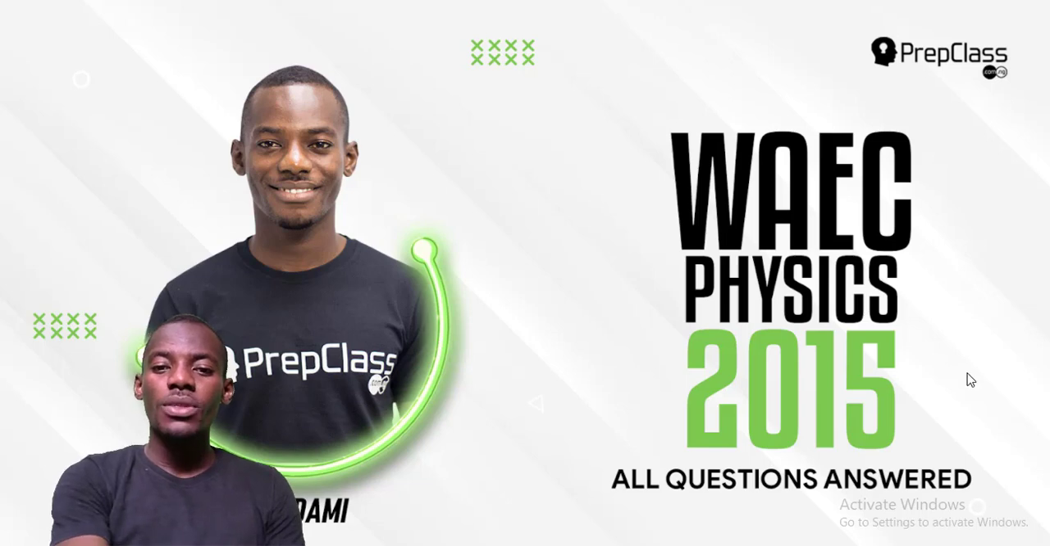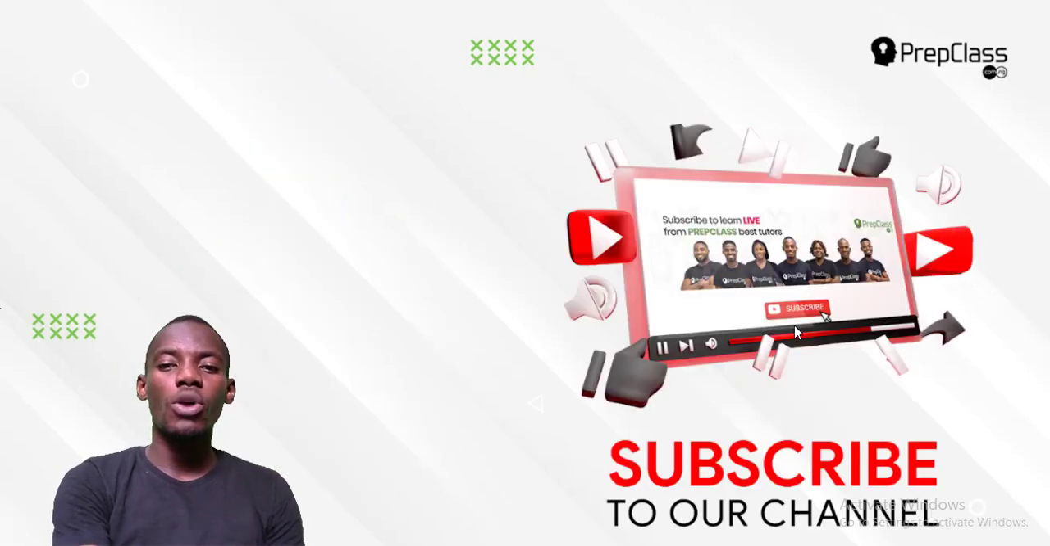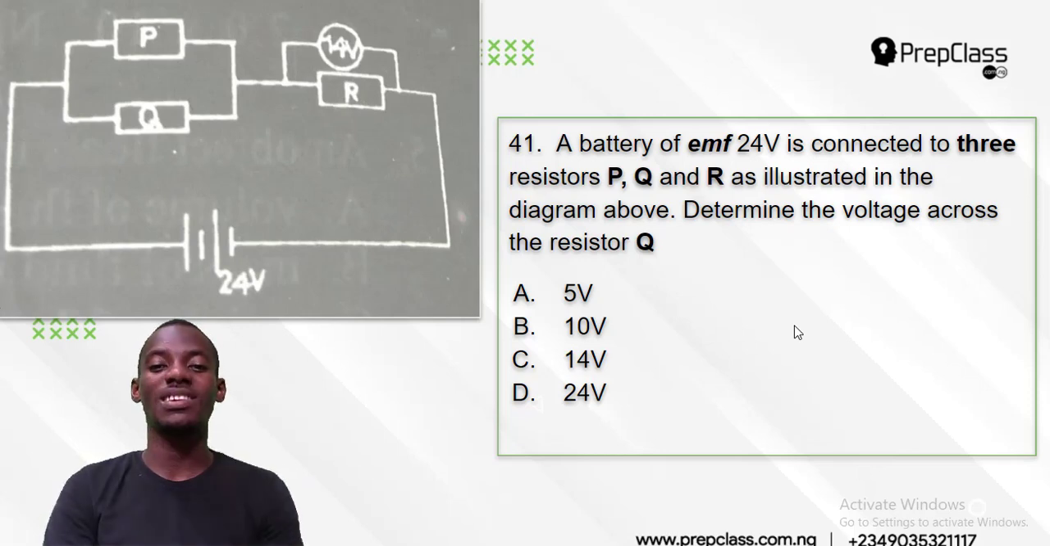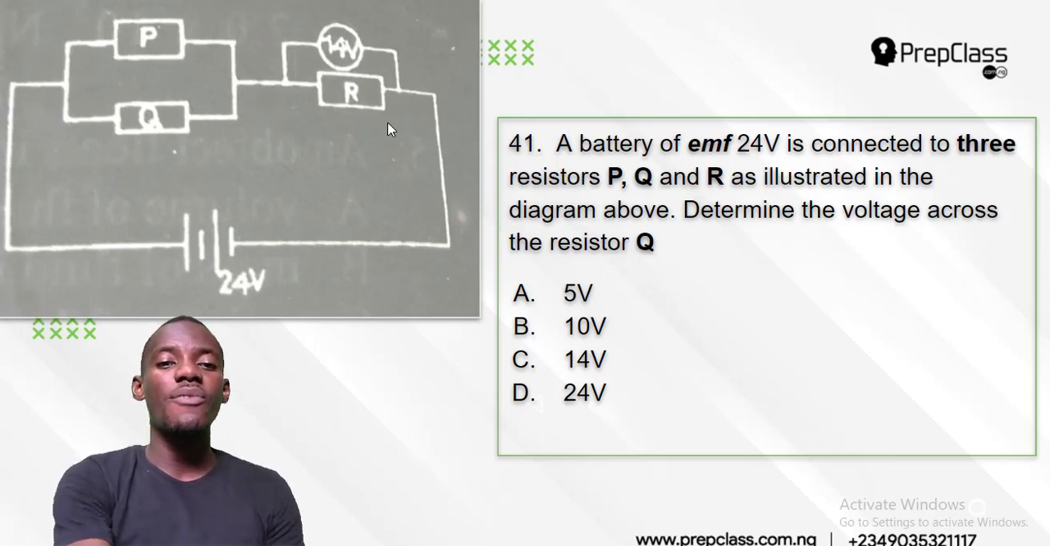Now let's go to question number 41 to number 45. It says a battery of EMF 24 volts is connected to 3 resistors P, Q, and R as illustrated in the diagram above. Determine the voltage across the resistor Q. Okay, now what is the voltage across this setup? Now we are trying to find the voltage across